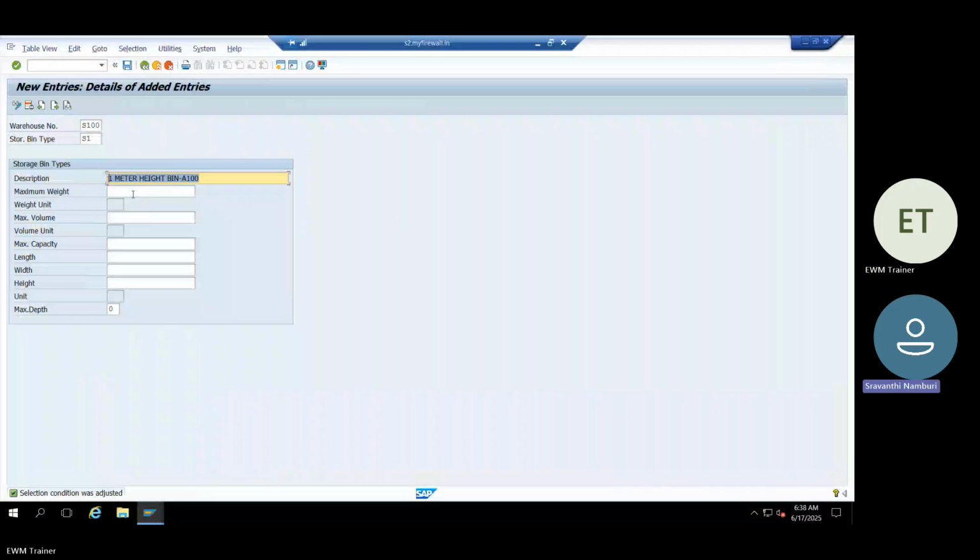You can give the maximum weight and the capacity of that particular bin. All these things are provided by the functional consultants, or we can do it on our own. This requirement will come from the business. If they want the bin to occupy only a maximum weight of 100 kgs, then in that case we evaluate the maximum weight, volume, capacity, length, and width of that particular bin. I'm entering the storage bin type as S1